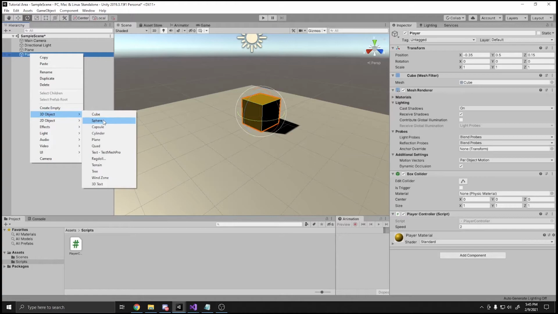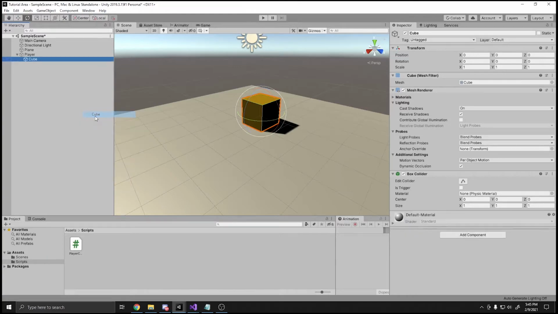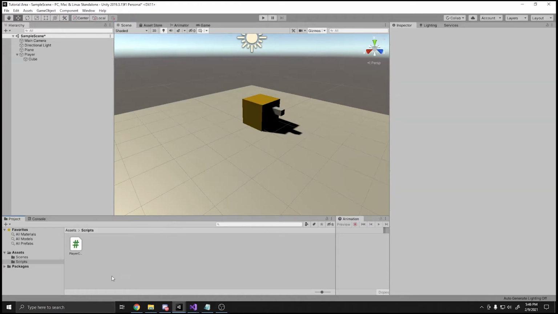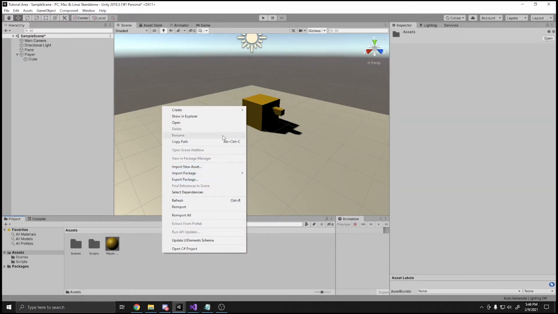3D object on our player, and we will make it a cube, and now let's just move it up a bit, and we will scale it a bit down more, 0.2, okay, and we will just move in this cube a bit in front. Create a new material,